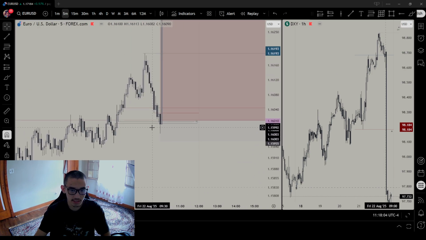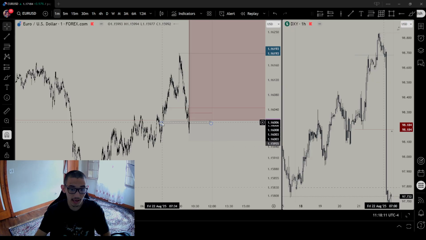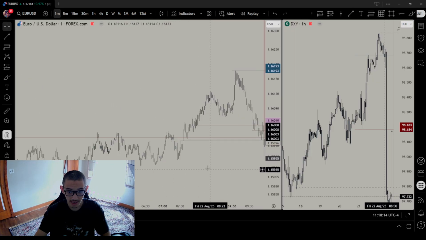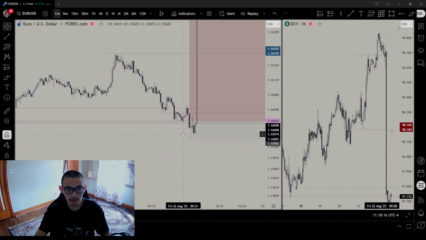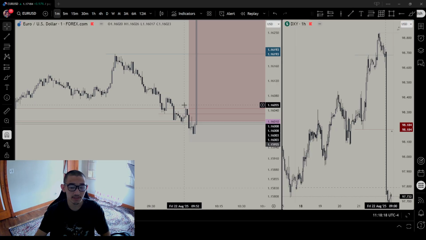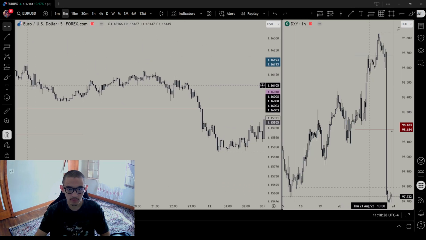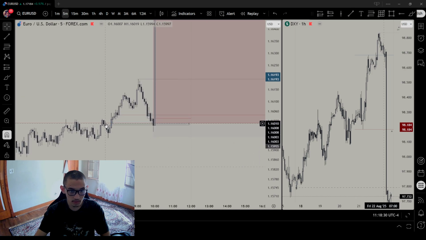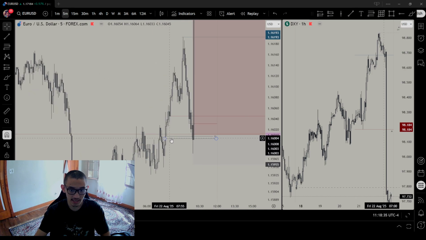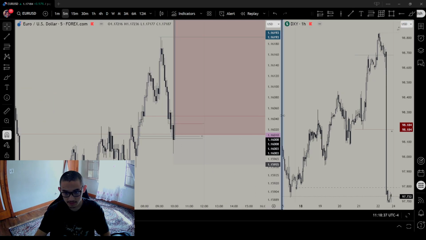Now you can also state this being a third drive, right? First drive, second drive, third drive. But for that, we already have our entry here, so we don't need that. Even if you were to look for that, you could have not entered the trade because there would be no entry tapped, so you would have missed it. So the best way to not miss it is to execute. This was the closest entry we had, right? This is the first entry that popped up, and if it gets tapped, then we're executing that.